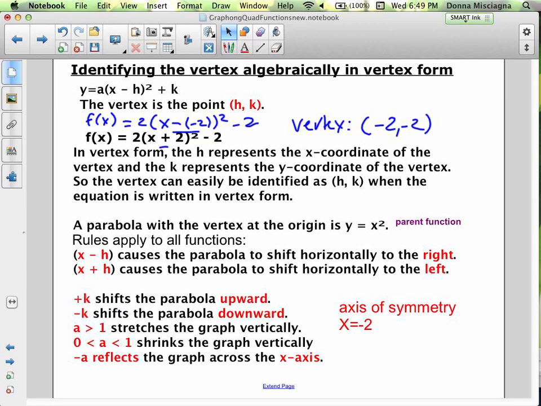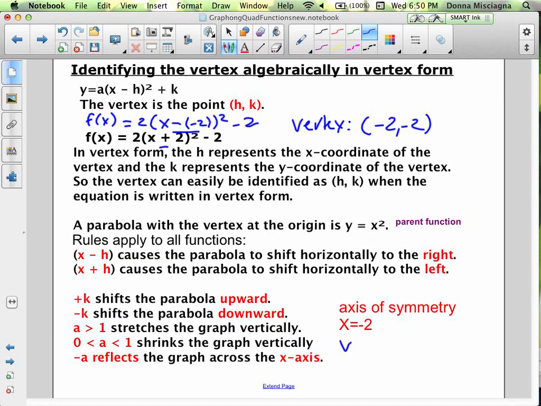So if you notice, on the right-hand side there, the axis of symmetry for this graph is x equals negative 2. We'll talk more about the axis of symmetry, but it is a vertical line that goes right through the vertex, right? And so it's going to be equal to,